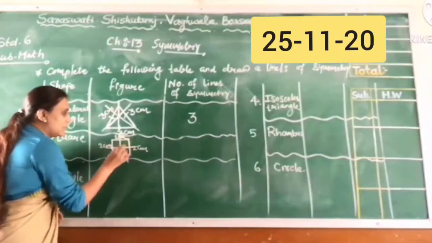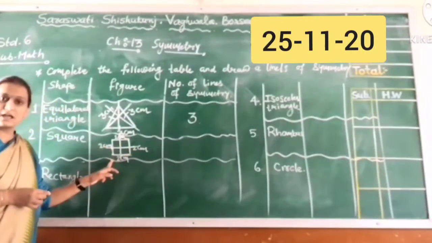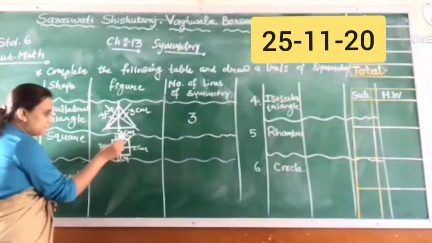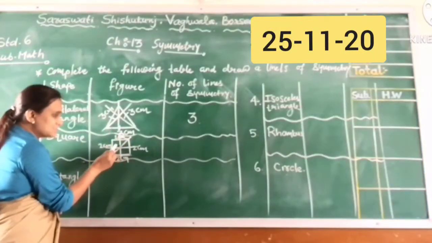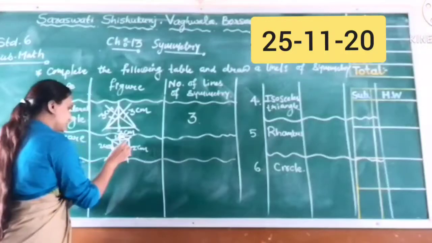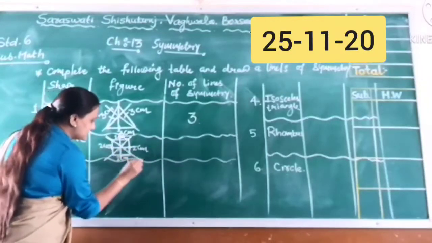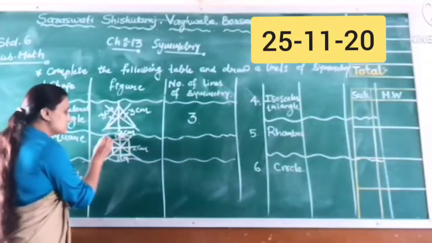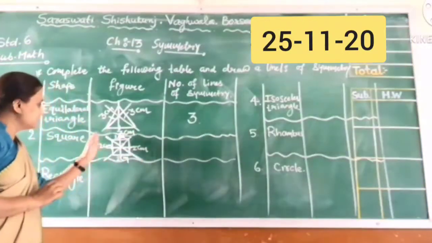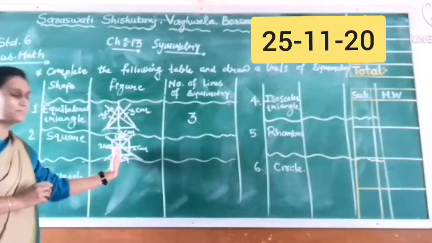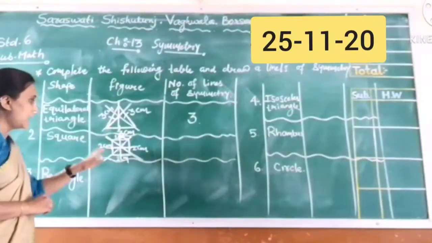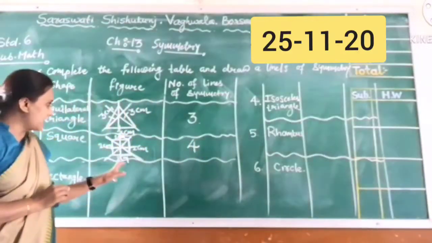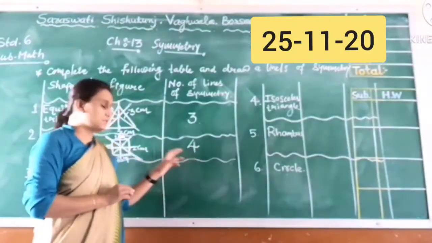Also we can draw it with the help of diagonals. So let us draw a diagonal. You can see after folding along the diagonal, these two parts are the same. Clear? And here we can take this other diagonal. So you can see that this is the fourth line of symmetry. After folding from here, you can find these two parts are the same. So a square has 4 lines of symmetry. Clear? A square has 4 lines of symmetry.